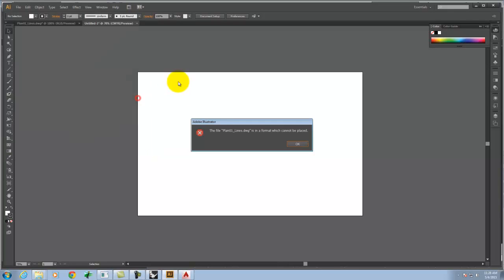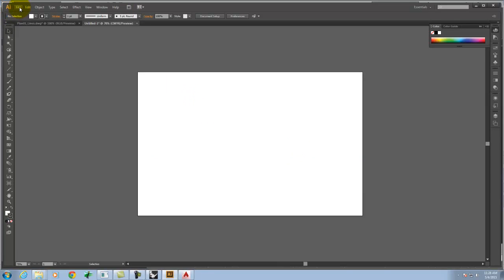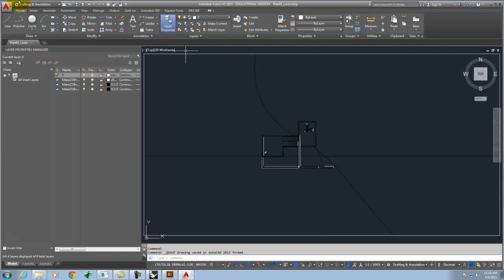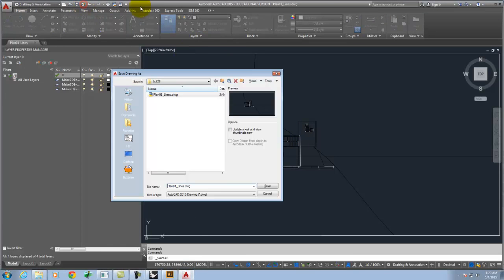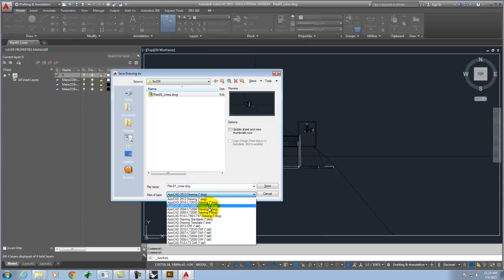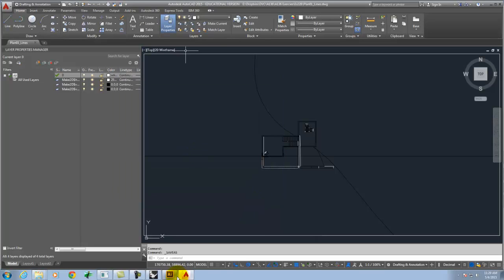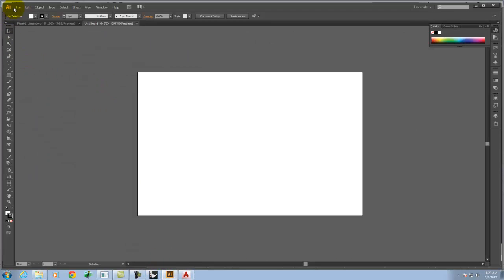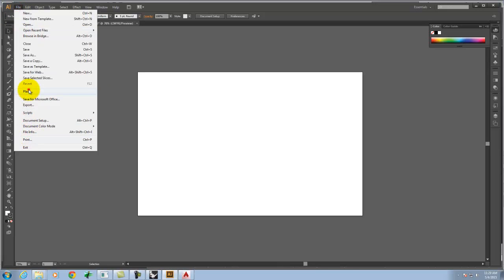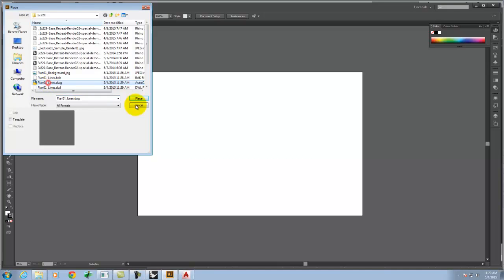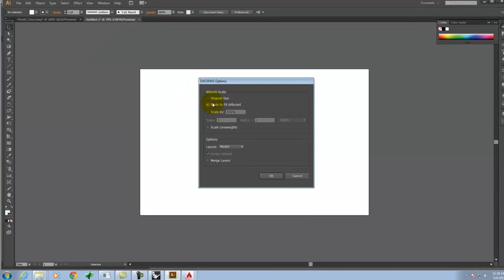Drop this in. Oh, how nice, right? These are cross-compatibility issues. Never opened something in AutoCAD 2015, right? So let's go back a few years. And let's try that again. All right, so we'll go ahead and scale to fit the